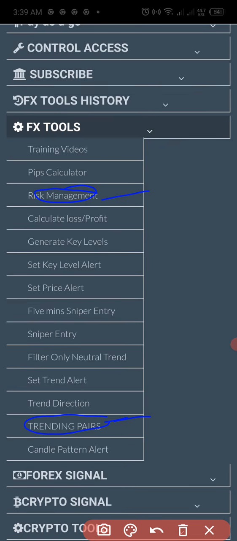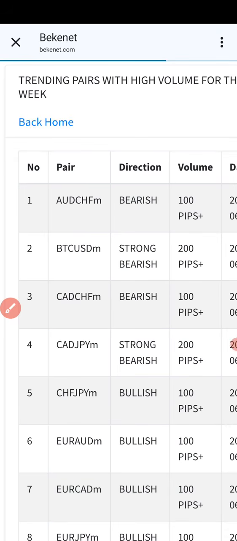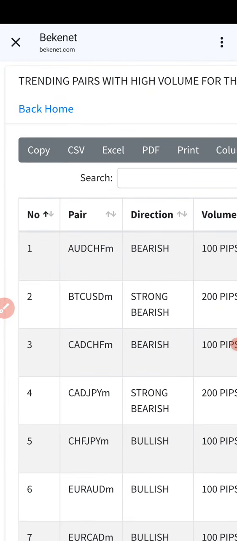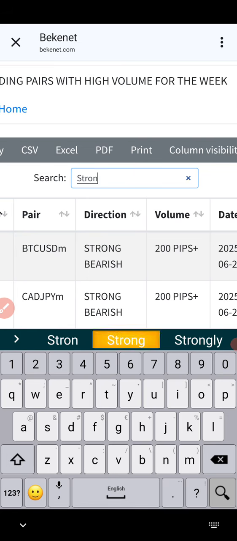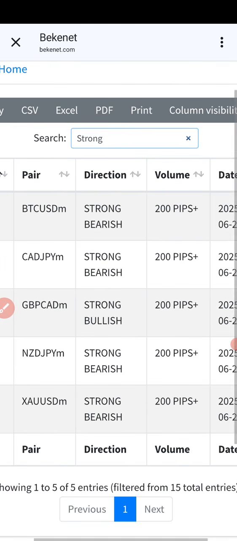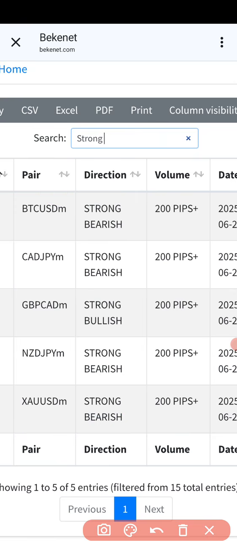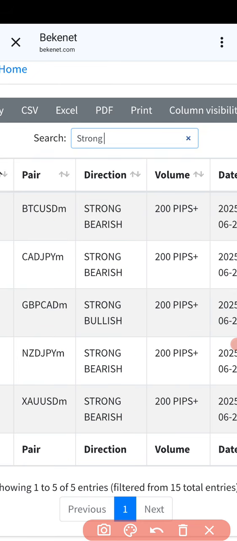So let's go to trending pairs. Out of the pairs, the ones that are very, very strong, that are very trending, all you need to do is just come here on this search menu, just type strong. Once you type strong, you can decide that the only signal that you're going to take is the one that is strong. Like what I just did, I only took GBP CAD, which is the only strong pair. Gold is very strong, this is very strong, this is very strong. So out of the whole pairs I loaded, the only pairs that are strong are just 1, 2, 3,